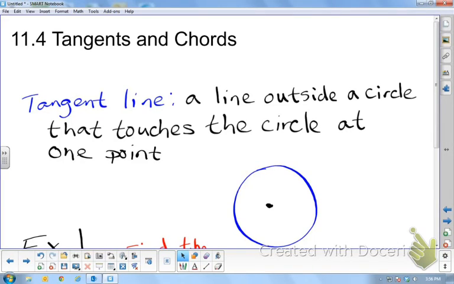Okay, today we're talking about tangents and chords. So if we're going to talk about tangents on a circle, we need to know what a tangent is. A tangent line is a line outside a circle that touches the circle at one point. And I have our circle already drawn. The dot in the center is just to show, hey, that's the center of the circle. So if I draw a line outside the circle that only touches the circle at one point,